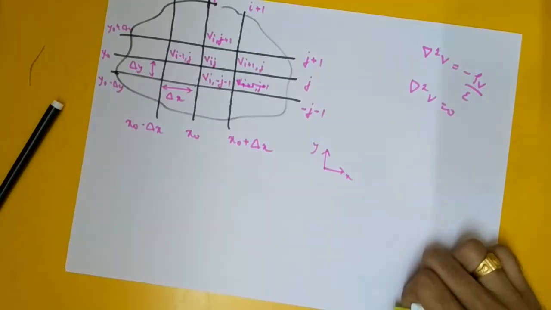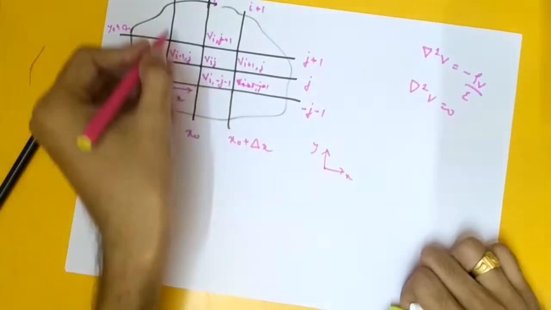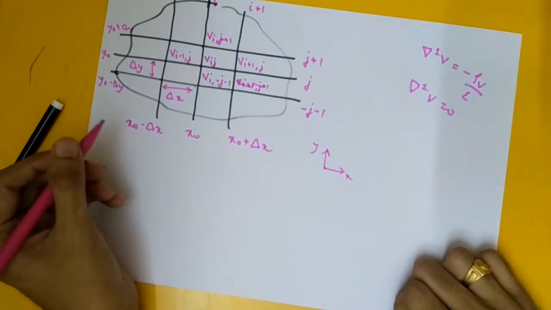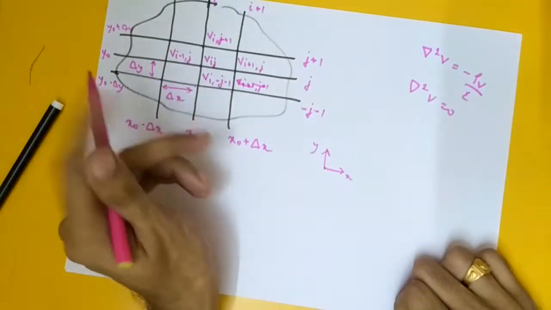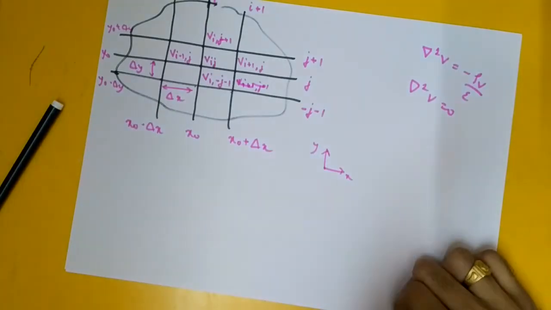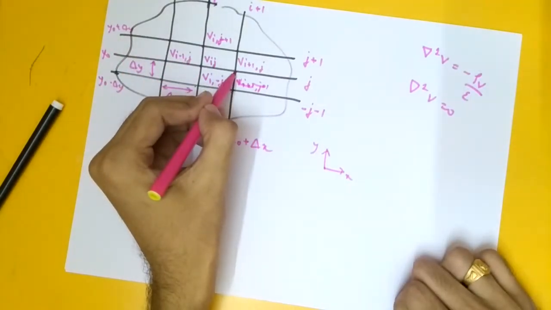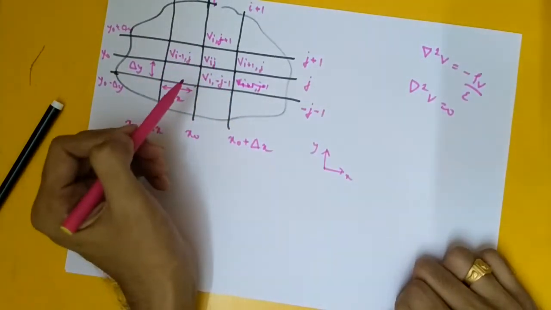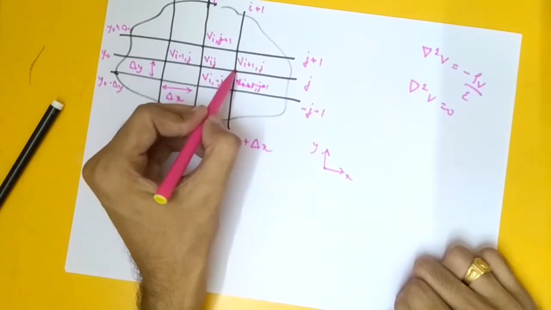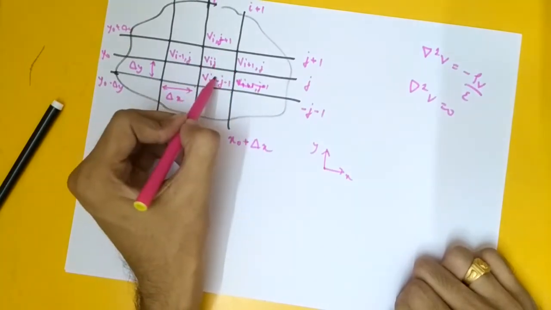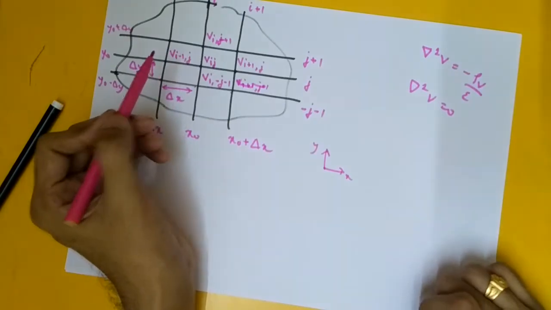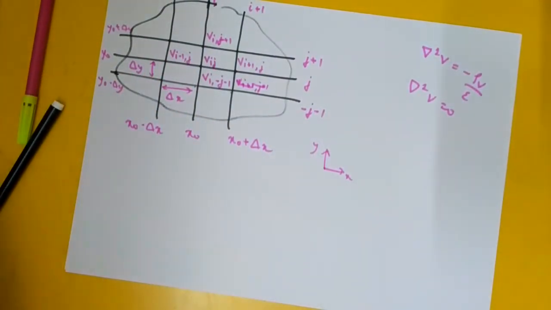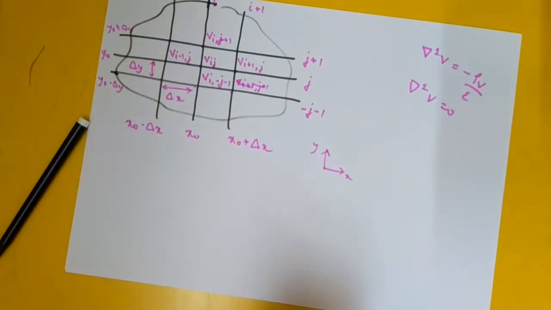So step 1 is already done. I have divided the surface or the region into a grid of nodes. And let's say we assume that one of the potentials is known. If the potential is known, for example, if I know this potential, then it is called a fixed node, and if I don't know the other potentials, then they are called free nodes. It will not be quite important here, but when we do the finite element method, the concept of fixed and free nodes is important.